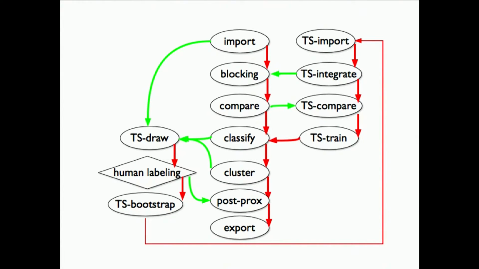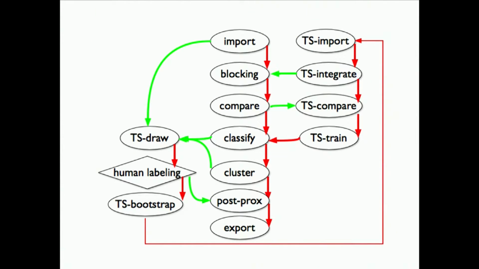Now, eventually, we're going to have to work our way through the rest of this diagram. We're going to have to decide if record A and record B are the same person, and record B and record C are the same person. Are record A and C? And we're going to have to form some clusters. We're going to have to break up some clusters. We're going to have to do some more post-processing and human review. But eventually, we're going to get to the end of this record linkage problem.